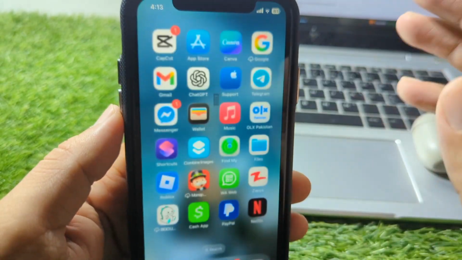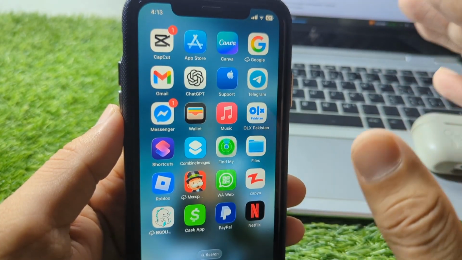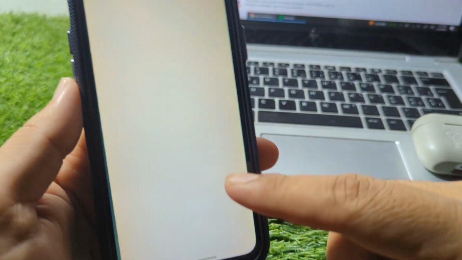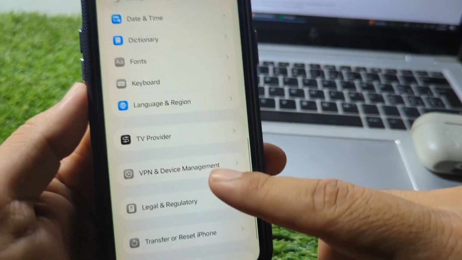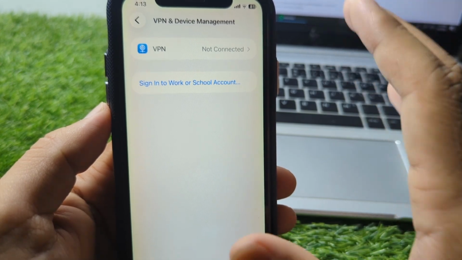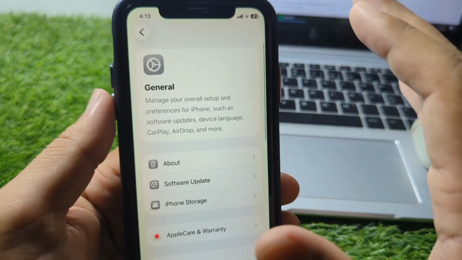And if the problem is still there, then go for the next solution, that is, you have to simply turn off any VPN which is connected with your device. So guys, for that, open Settings, then go to General, and then go to VPN and Device Management, and make sure that there is no connected VPN on your device. So guys, do this and check if the problem is fixed or not, and if the problem is still there,